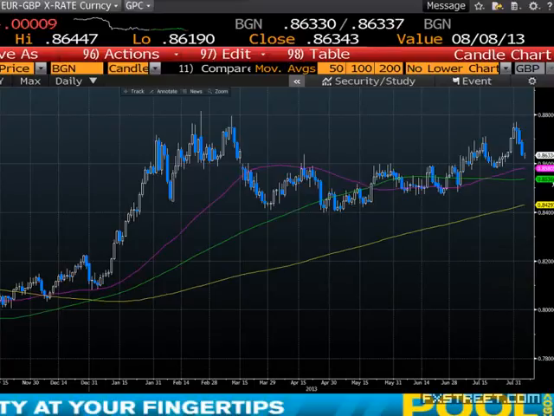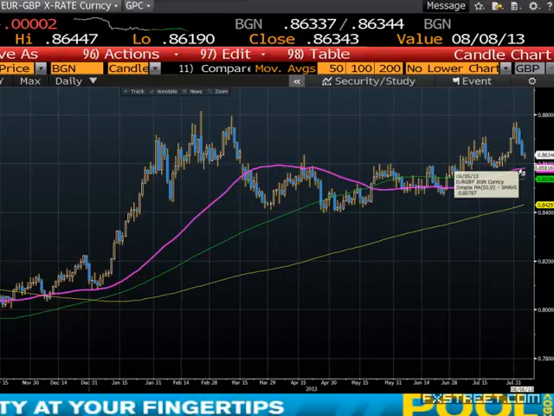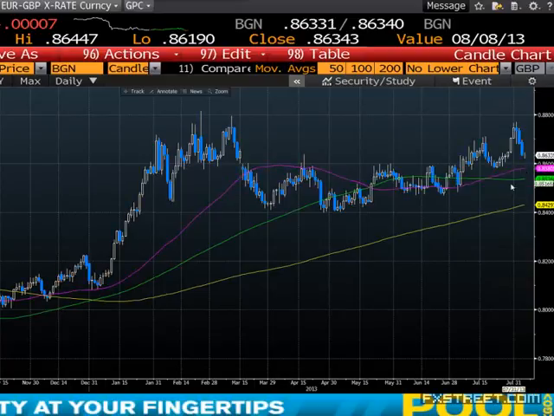Now, why I'm showing you this chart and why I'm looking at the moving averages pane rather than the Ichimoku, for me, I think it's more significant right now. If we were to see a slightly more conservative Mark Carney, maybe some slightly underwhelming forward guidance, maybe nothing that we don't know already, then we could potentially see some further weakness in euro sterling, maybe sub 86. We get back to 85.80. That would be our first level of support.